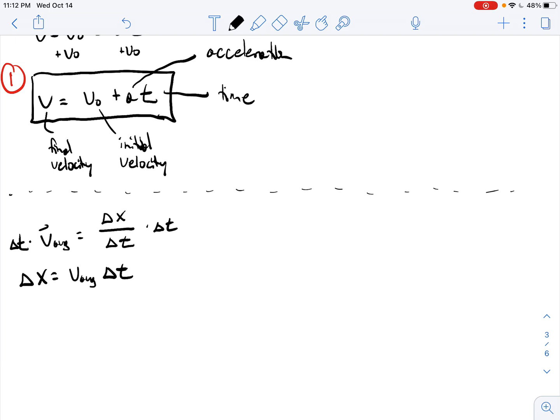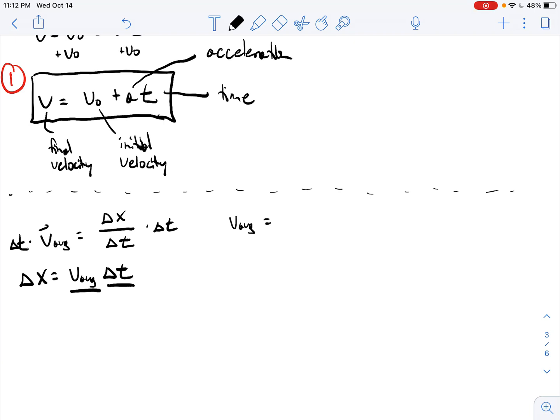So what we're going to do in order to come up with this second kinematic equation is we need to figure out things that we can plug in for average velocity and for our change in time. So first thing is, when we think about average velocity,